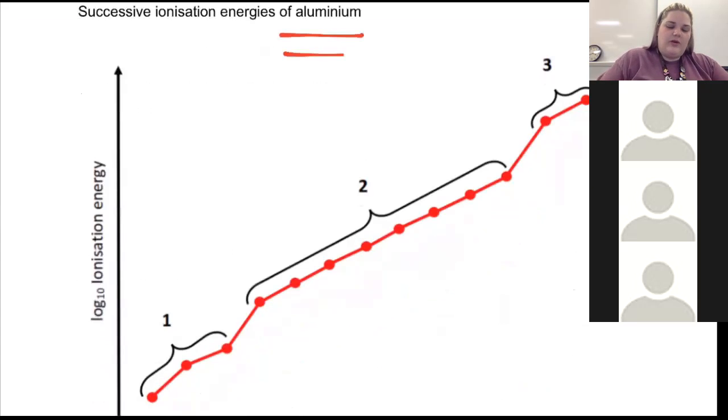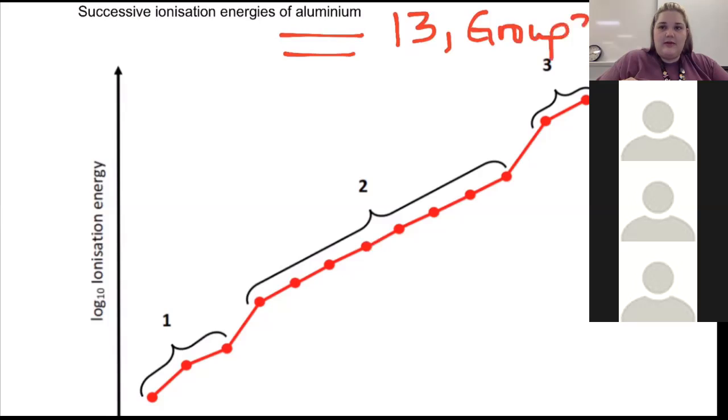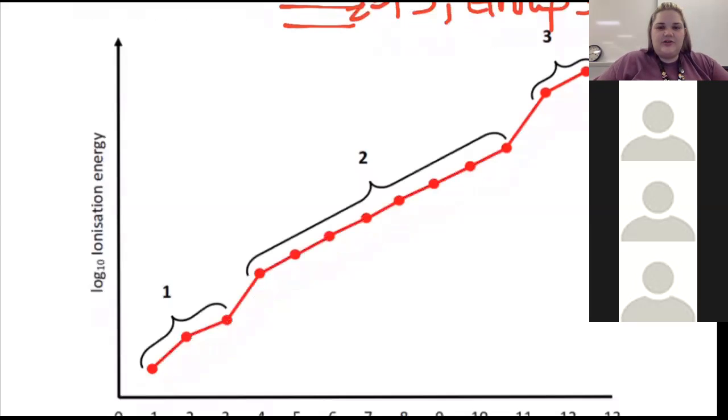okay? So we need to think about, okay, aluminum's atomic number is 13, and it's in group 3A or group 13, whichever, you can call it group 13 or group 3A. So its atomic number, I'm going to put Z, atomic number is 13. It's in group 3A or group 13. The reason that's important is because we can see patterns in its ionization energy, and we can read these graphs and we can actually tell from these graphs what group an element is in based on the changes in its